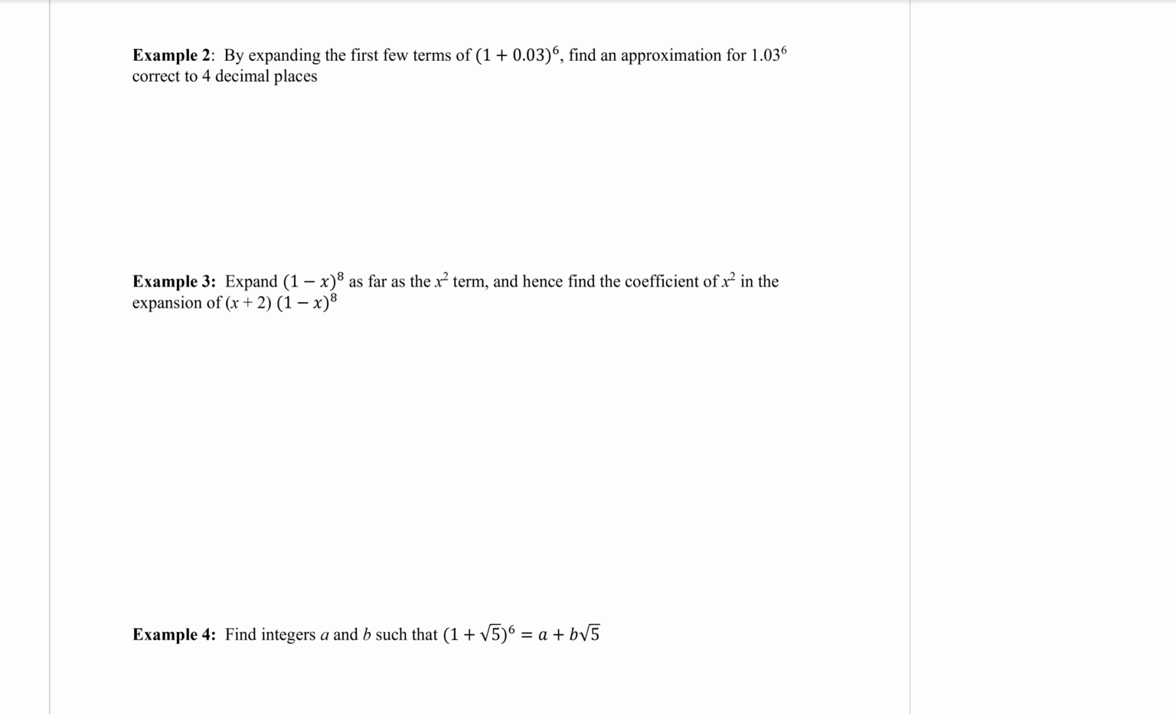So by taking the 1.03 and changing that to be a 1 plus 0.03, we have our binomial. We have two terms in the bracket there. So to expand that, it is a power of 6. We use the 7th row of Pascal's triangle,